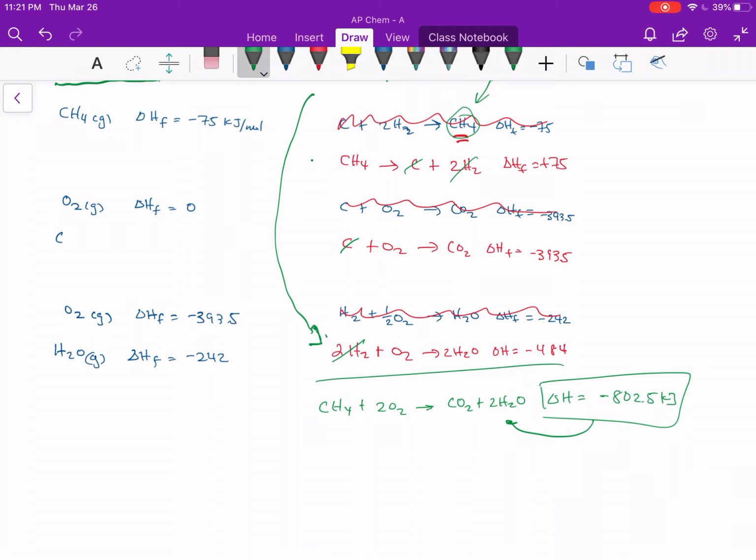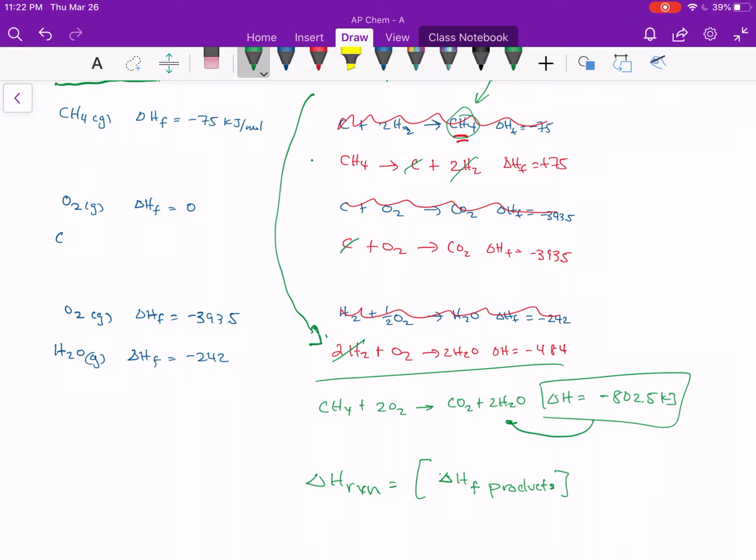Then what we can do is find that delta heat of the reaction is going to be equal to the sum of the delta heat of formation of the products,